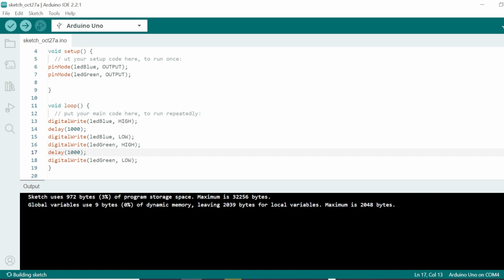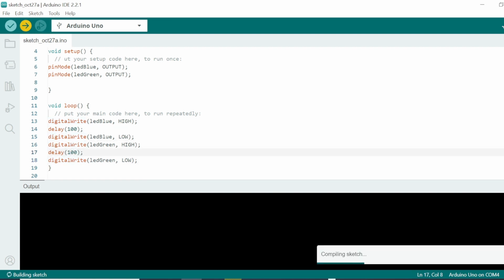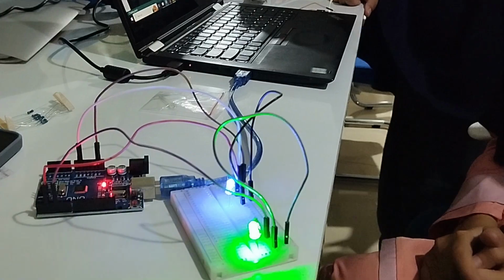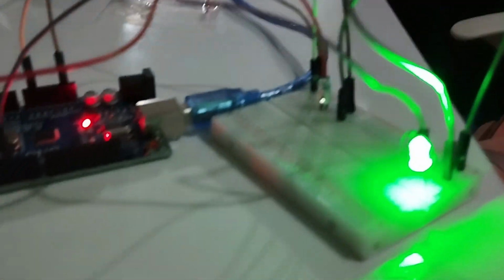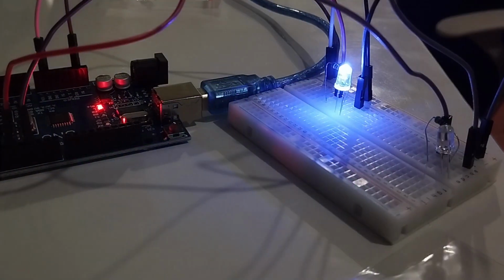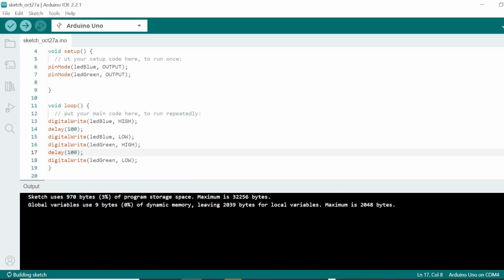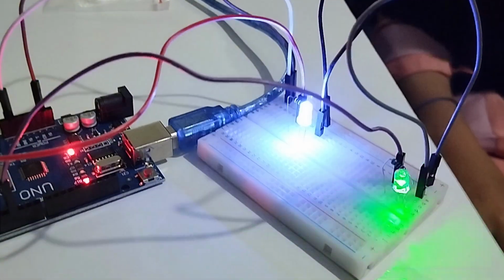Well, with this syntax, logically, both lights will blink alternately for 1 second. And don't forget to compile or upload this. And look, this is the result of the two lights blinking alternately. And if we change the delay to 100, then the lights will blink quickly in turn, like this.